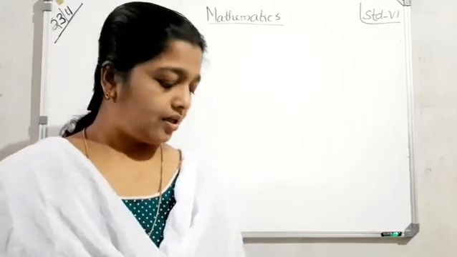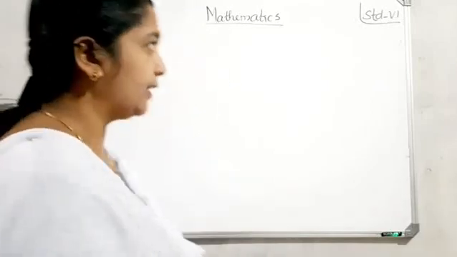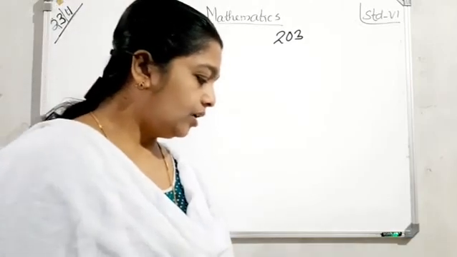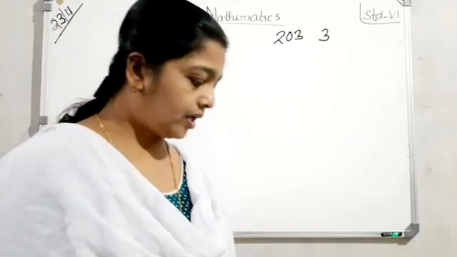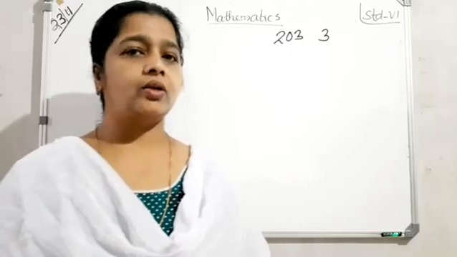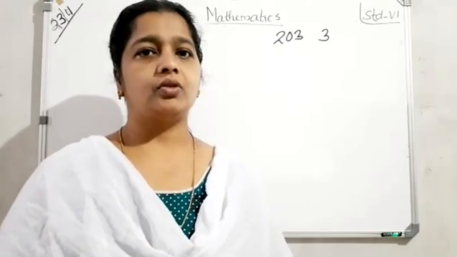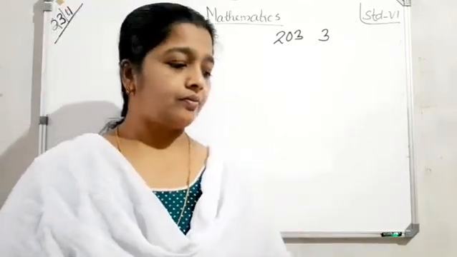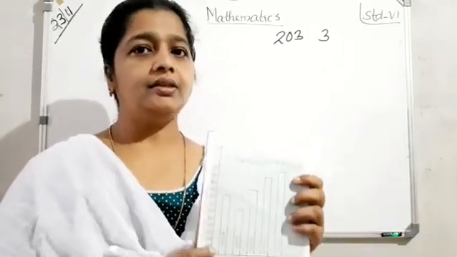Understand? So page number 203, question number 3. First, on the right side you write the question, then on the left side you can draw the bar graph. Today I will draw here, then you will get a graph paper and I will send it. Clear?